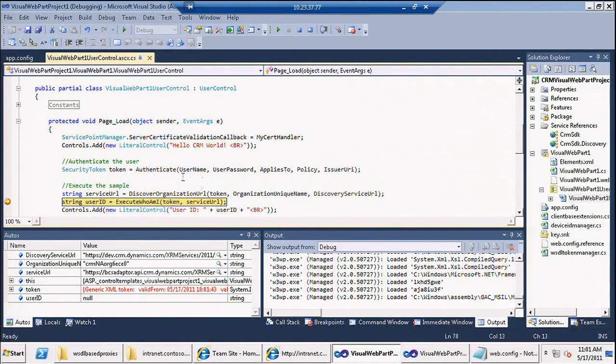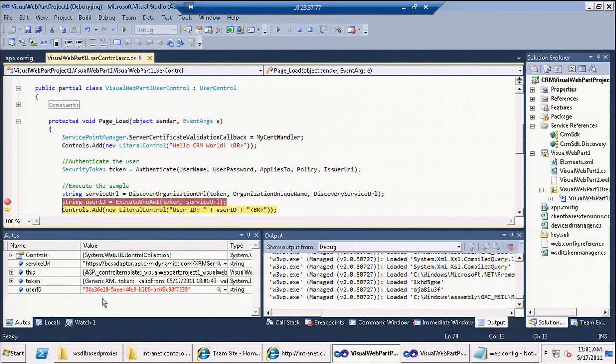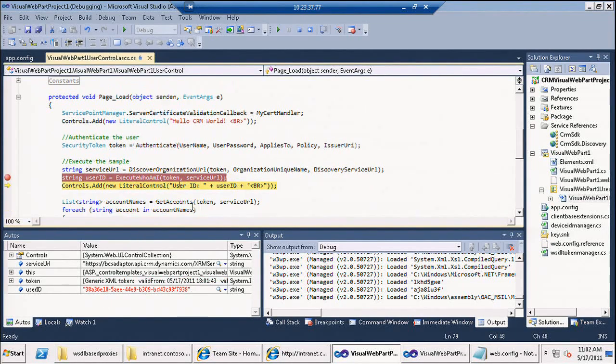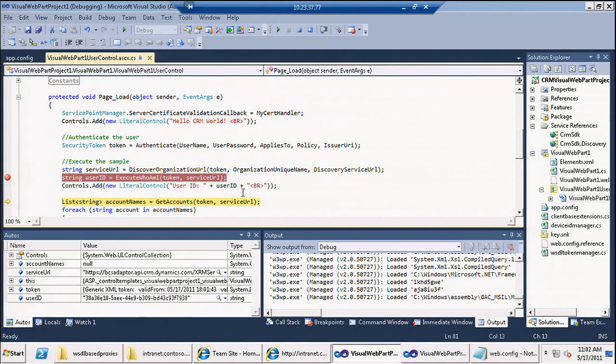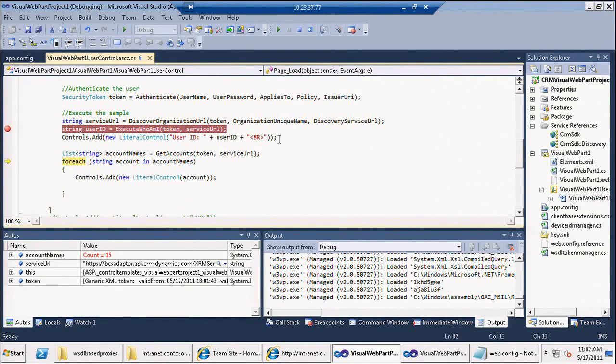So if I have to debug through my code, I can do F10 and go step by step and see what's happening. So in this case, my user ID is not here yet. So if I hit F10, it's going to call the CRM Online Web Services, get the result back, and it's going to show me the data that I need. So in this case, what I'm doing is I'm getting a list of accounts from CRM and displaying it in my visual web part. So I'm just going to hit F5 here